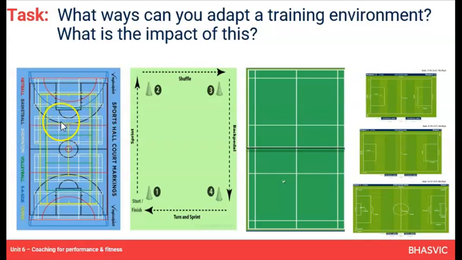If you're doing passing, you could talk about passing accuracy along the lines. It's a very simple thing, but you can use the training environment. If I was teaching basketball and I was doing some kind of dribbling activity just to practice controlling the ball whilst moving, I might use a third of a netball court, and then I might make the area smaller and smaller, so it becomes a bit more intense progressively. So I'm changing the environmental area I'm using to train in to make it easier or more challenging.